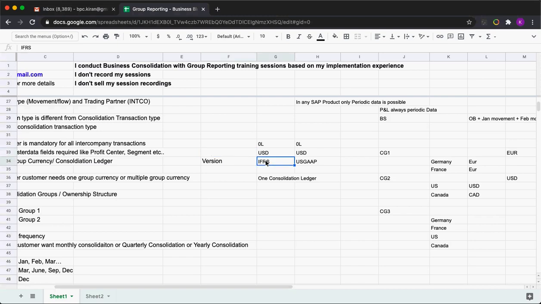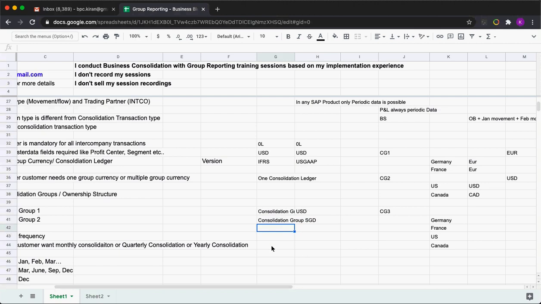Same consolidation group, correct. But when consolidating, as we were discussing, this group is specific to IFRS. The group is specific to the version. Yes, but I have two currencies now for this group. Correct, because the user would like to analyze in their local group currency before going to the holding currency. So one consolidation group is there, they want it in USD, and maybe also in SGD, the same consolidation group.